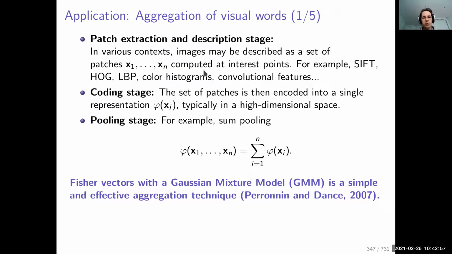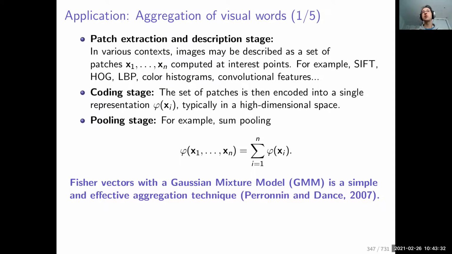But then if you have representations of local features in an image and you see your image as a set of features, you need a representation of this set. In modern terms, it's both old terms and modern terms, we need a pooling operation. And it turns out that if your representation of your local features were derived from a probabilistic model, it becomes very natural to use the Fisher vector. And that was actually the case.